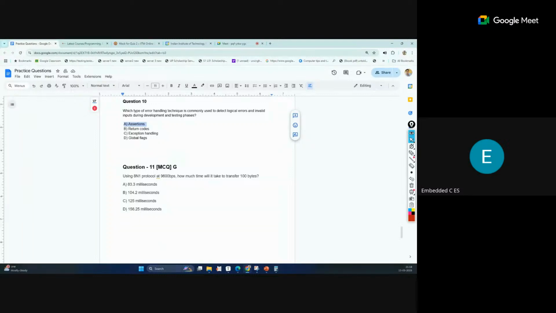A global flag is also a type of variable where we maintain a value and check it, validating the condition or inputs. It is just a simple global variable, and we check the condition and validate the inputs or errors. So exception handling is basically try-catch. You can explore this in the programming language if you have seen it in the C course. Try-catch is available in all languages.